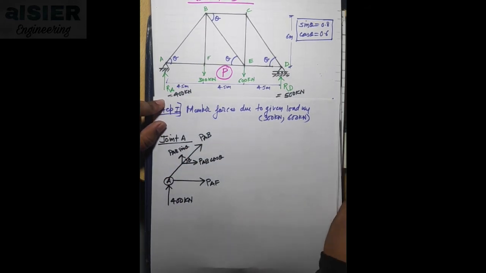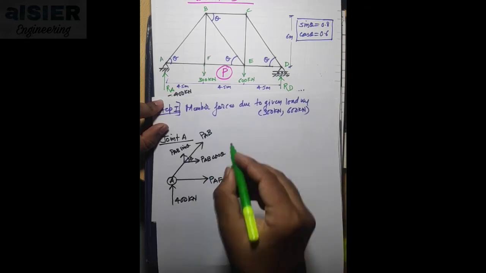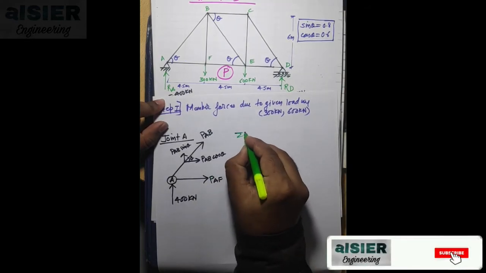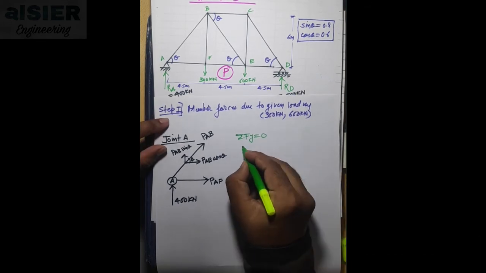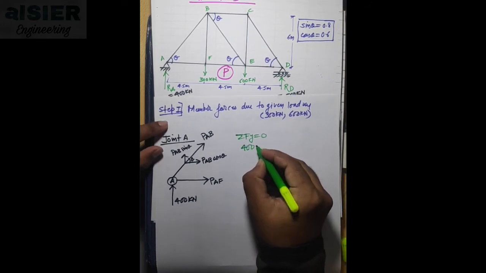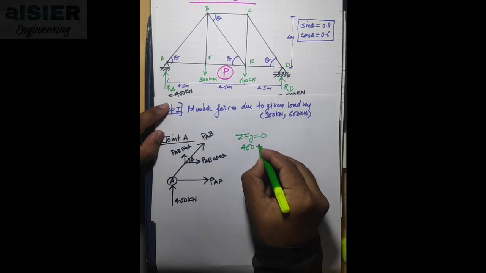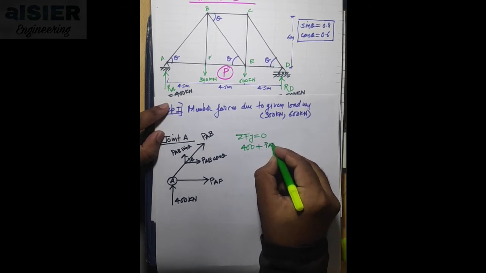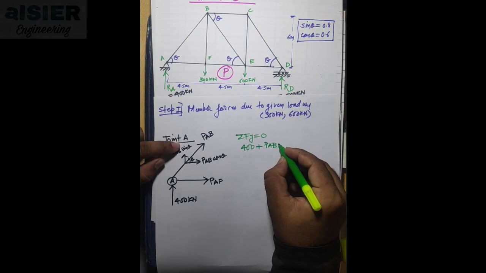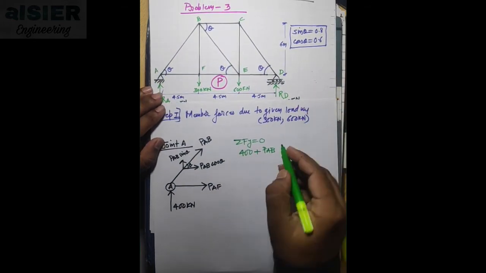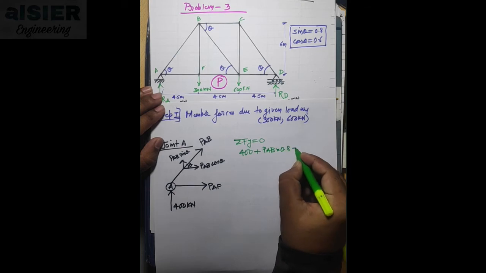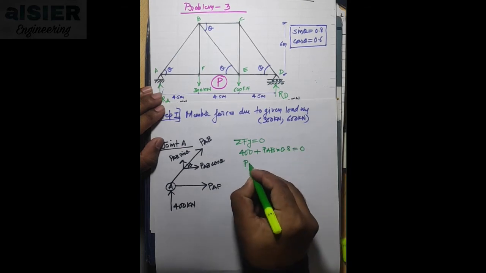Now we will solve this. First we will do summation of Fy equal to 0. 400 is going upward, therefore 400 plus PAB sin theta is going upward. What is the value of sin theta? The value of sin theta is 0.8. So 400 plus PAB multiplied by 0.8 is equal to 0. So we will get PAB is equal to